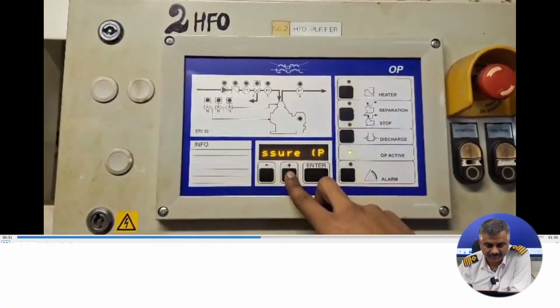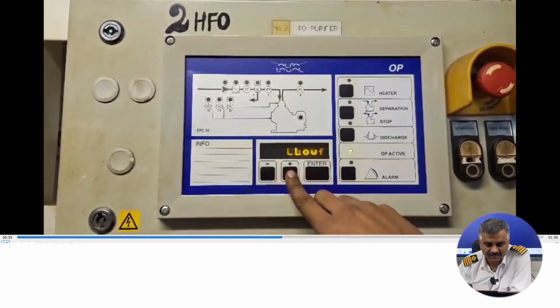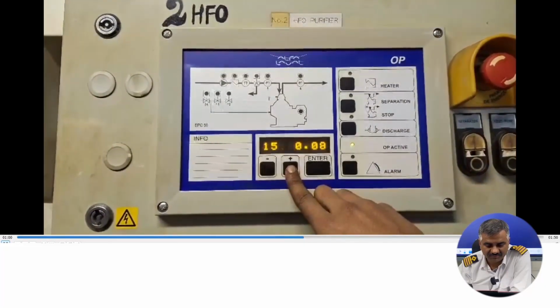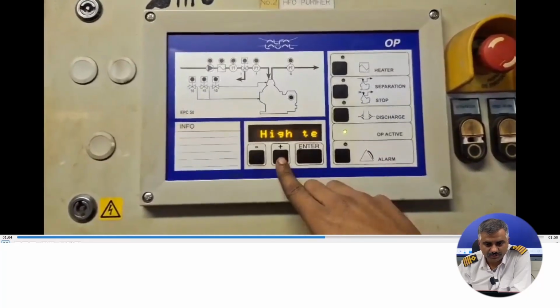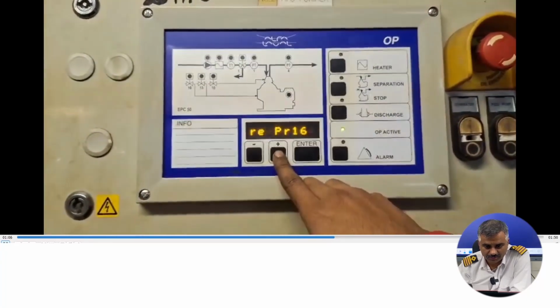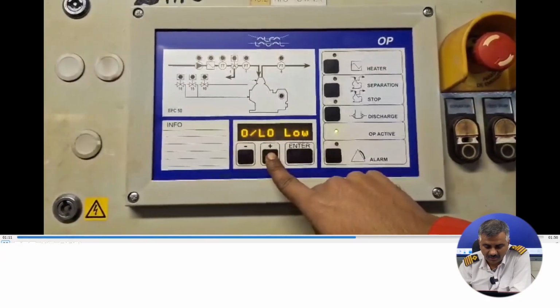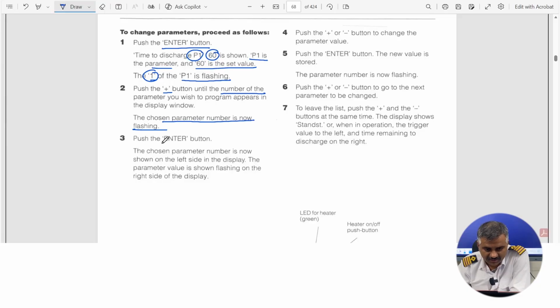High feed pressure, PT1, that is PR14. PR15, low feed pressure, PT1, PR15, 0.08. So these process parameters can be altered also. Say if we have to alter this, we will stop at this value and push the enter button. The chosen parameter is now shown on the left side of the display and the parameter value